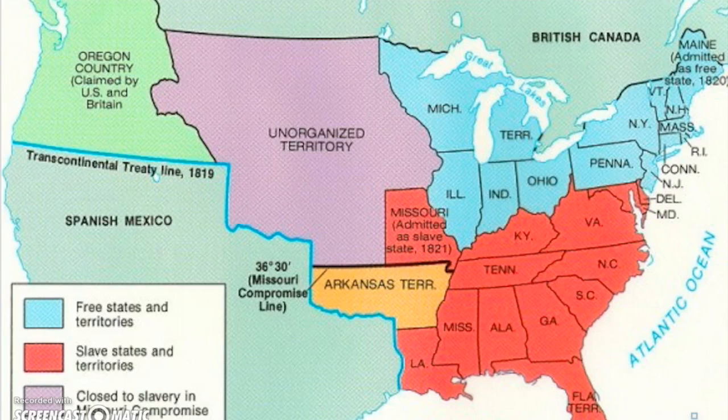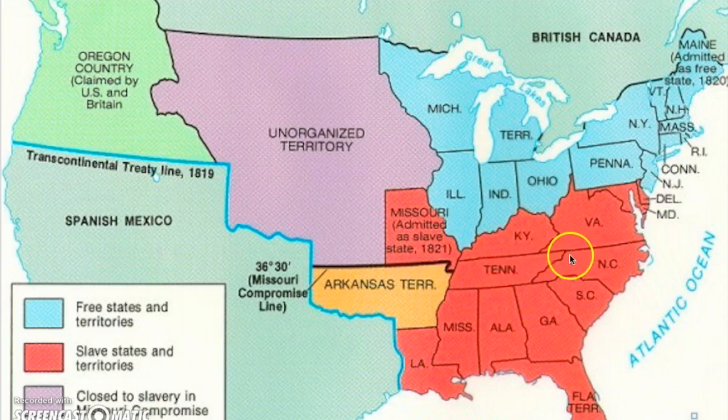The issue of slave versus free states was particularly coming to a head as new territories and states attempted to join the Union, particularly Maine, which wanted to come in as a free state, and Missouri, which wanted to come in as a slave state. So, as part of the compromise that made both sides somewhat happy, they decided to allow Maine as a free state, Missouri as a slave state, and they determined that the 36th